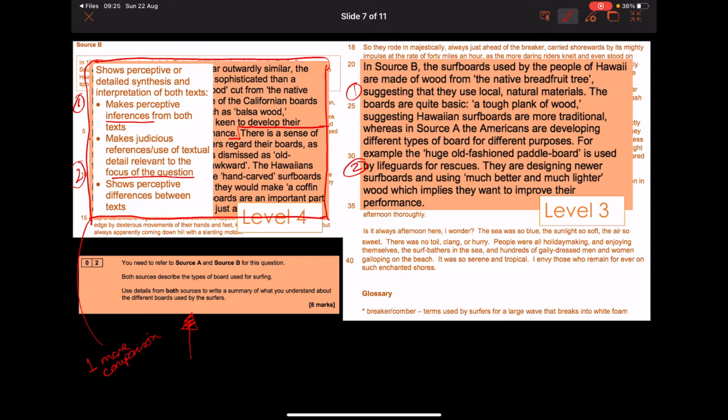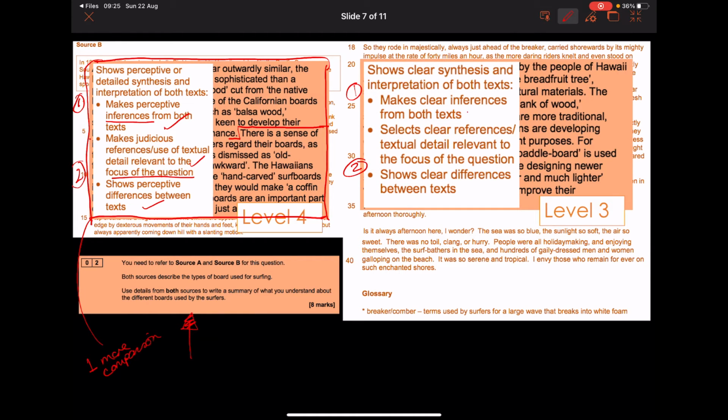And you've shown perceptive differences between the texts. Okay? That's fine. For the level 3, you've made clear inferences from both texts, selected clear references, but not as much as the other one, and shown clear differences between the text. You have, but not at the level of this one. Okay? So you need to make sure that you are really inferring, and don't forget to use your point, give me some evidence, and then explain and link it back to the question. Okay,